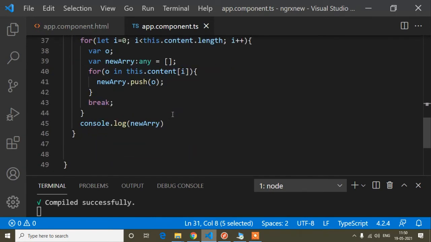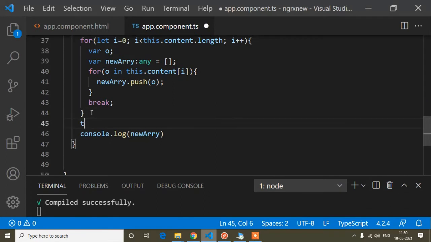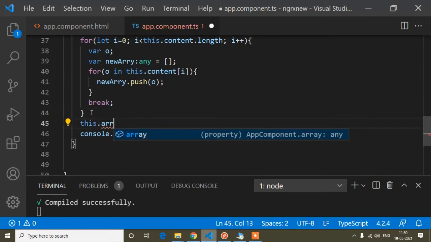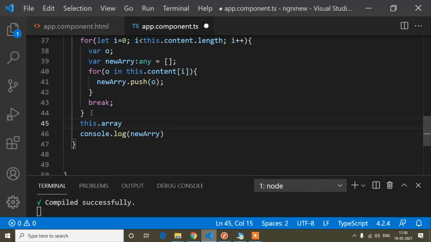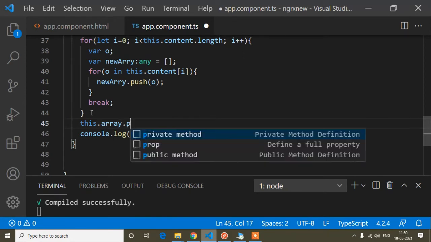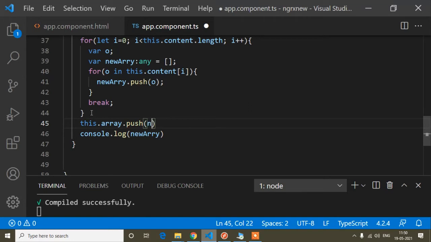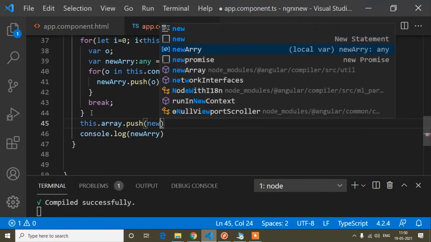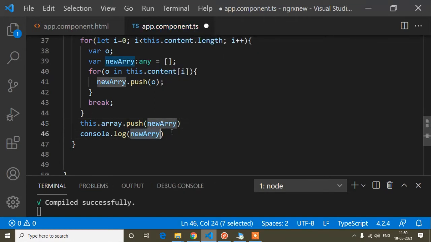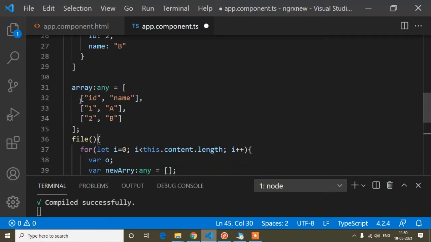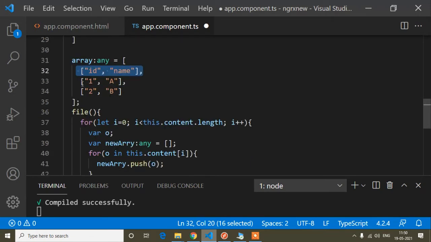Okay, so now here I will write this dot array dot push new array, this variable. So first of all I push the heading in this array, that means this one I am getting now in dynamic format.